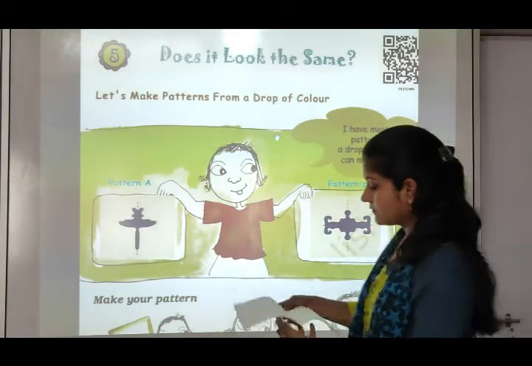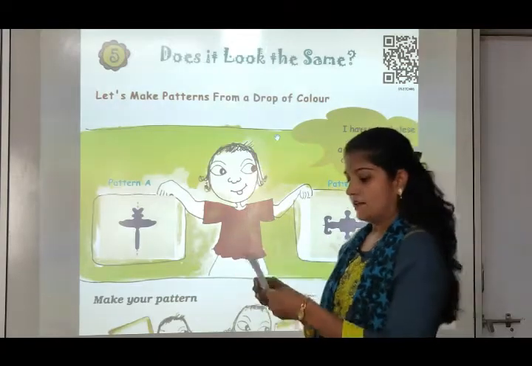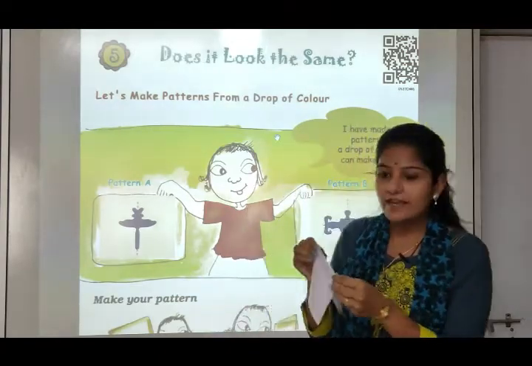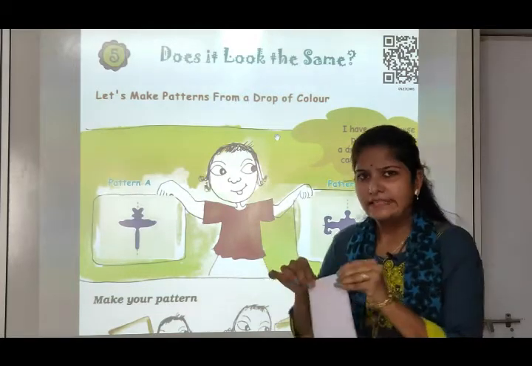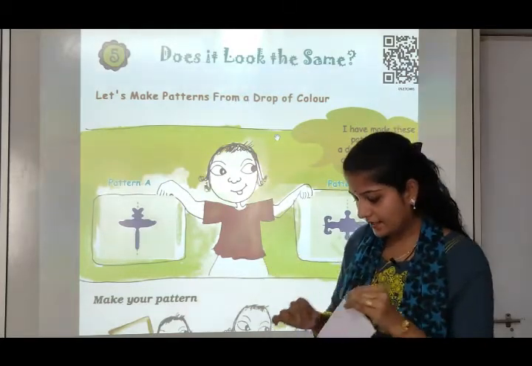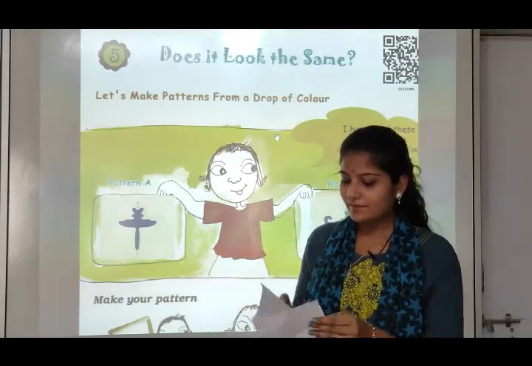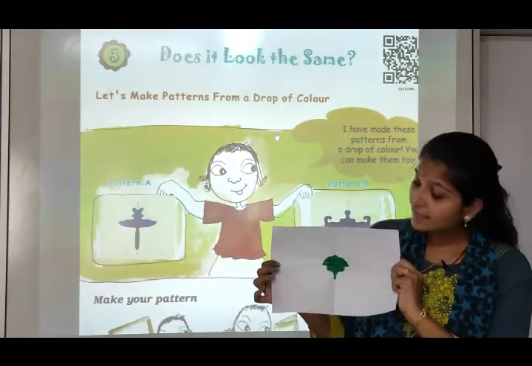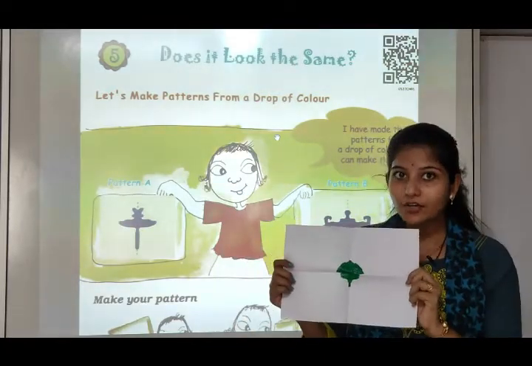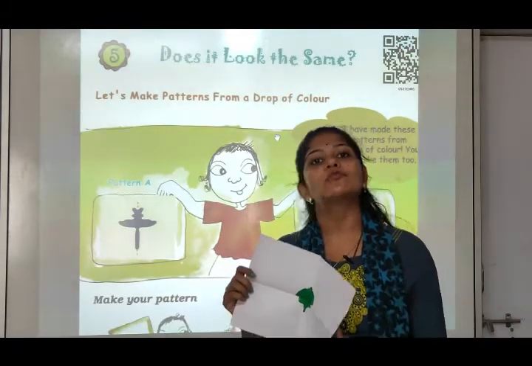And again press and fold, and then you have to fold it twice from the middle. Now just press it lightly and you will see the magic. Yes, you can see this picture now. It is equal on both sides. So this activity you have to do at your home and send me the picture of this activity.